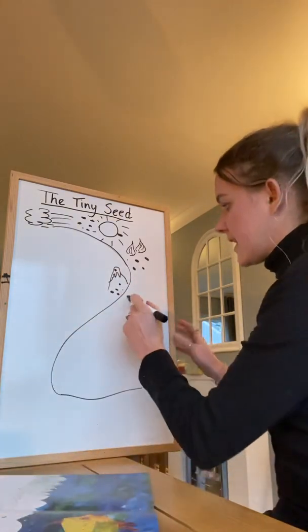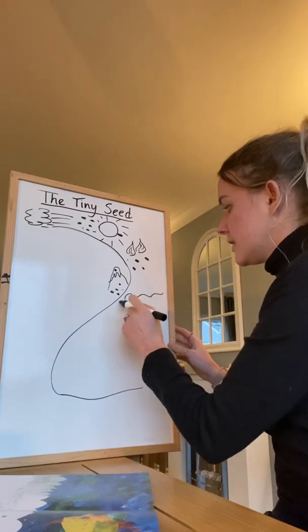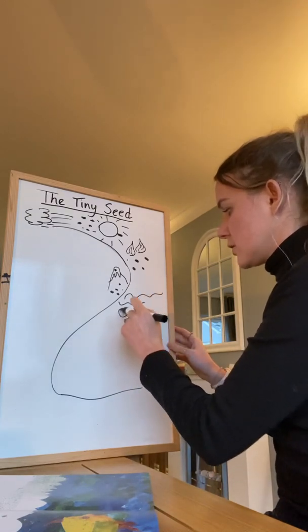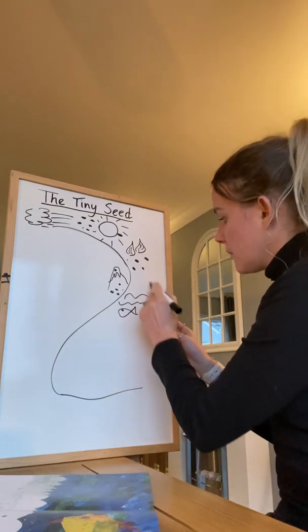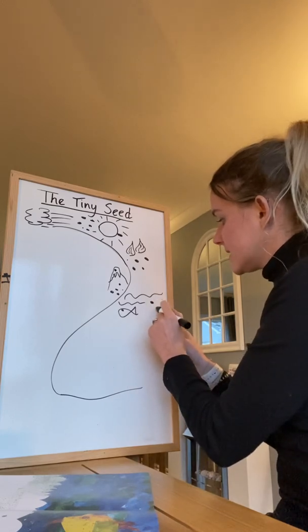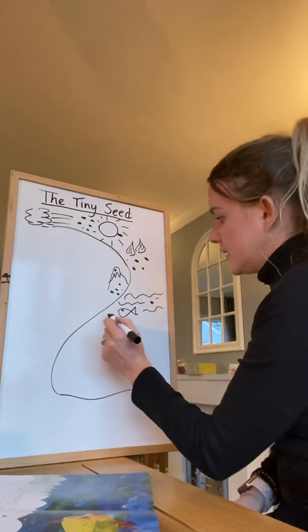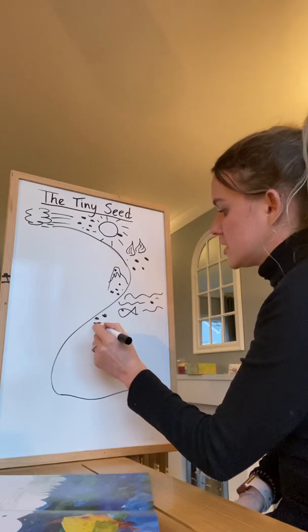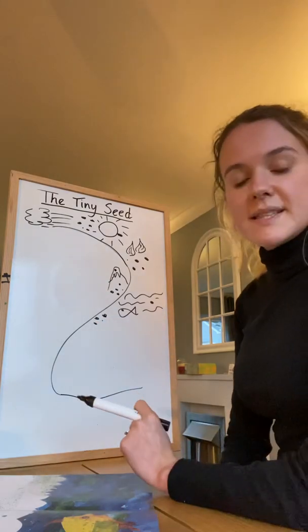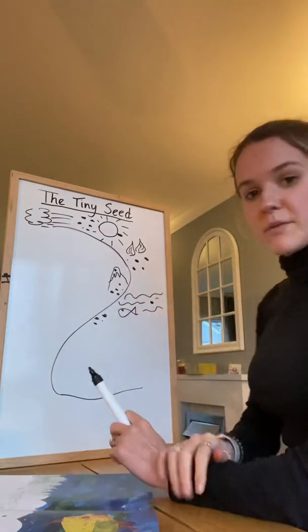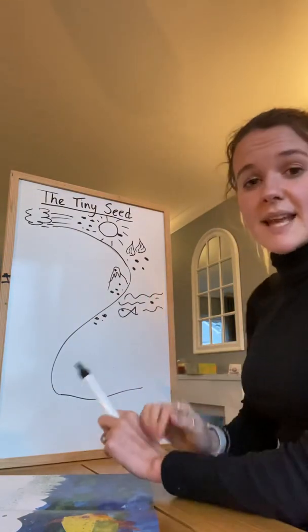Next, they fly over the ocean where there are lots of fish and all sorts of creatures in the ocean, and one of the seeds lands in the water, but the others manage to keep flying. And what you can see here is I'm telling this. Now, what I would be able to do once I get right to the end of the story